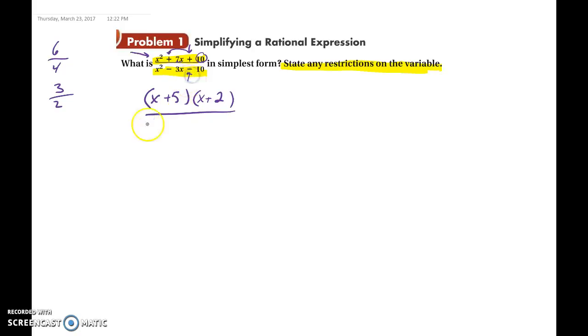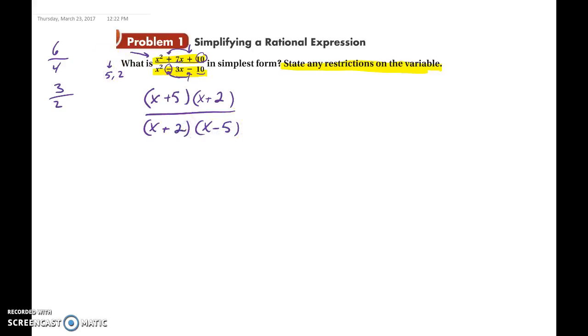Here, this minus sign tells me that they're different. So I can write x plus and x minus. Now we're looking for numbers that multiply to 10 that have a difference of 3, and the larger number will be following the minus sign. So 5 times 2 multiply to 10, and 5 minus 2 is 3. Since this is minus, our larger number has to be followed by a minus sign, so it's x minus 5